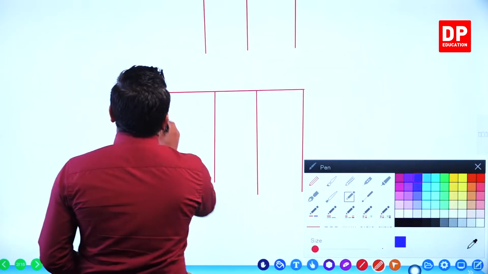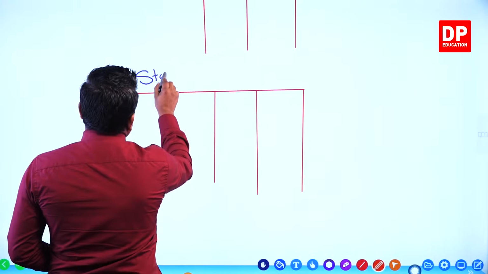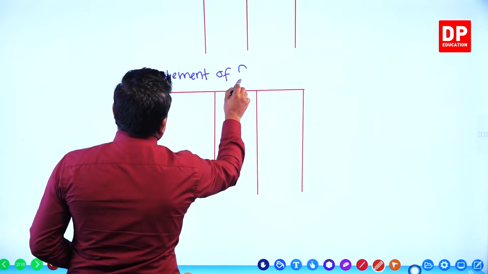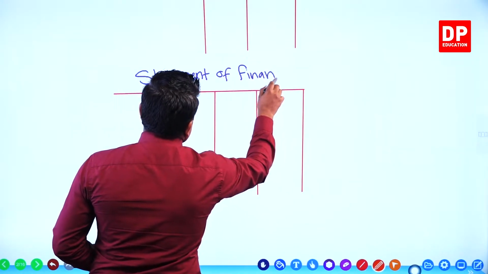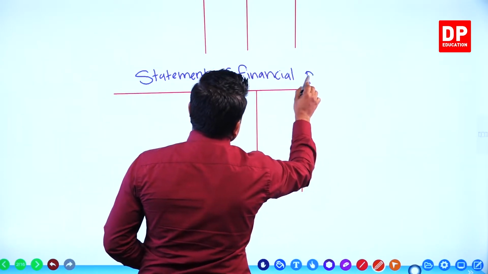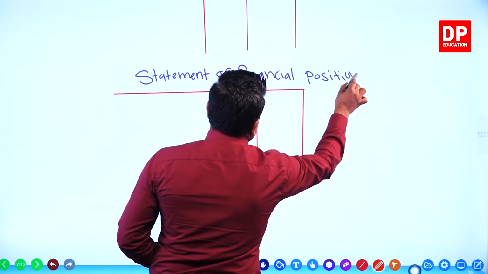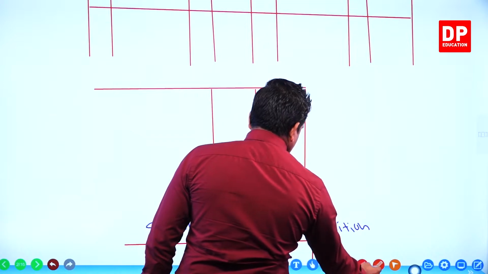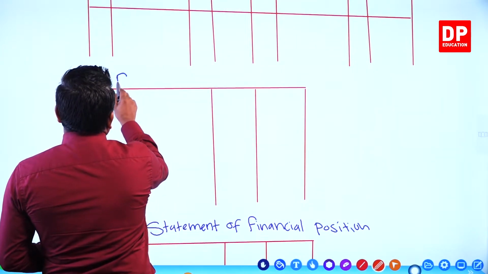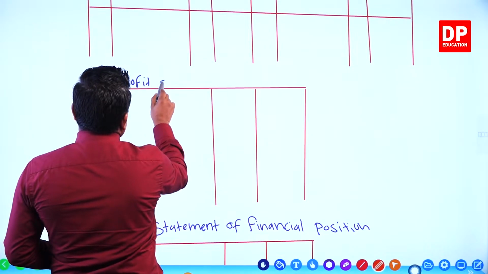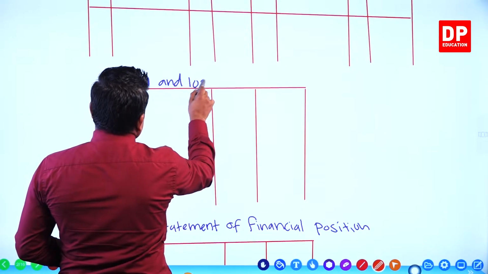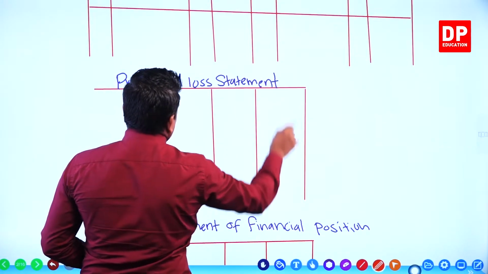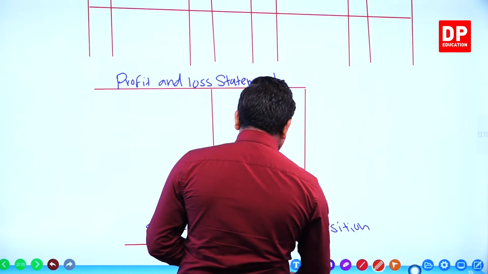Okay, this is the statement of financial position. The other one is the profit and loss statement. Okay, now the next one is